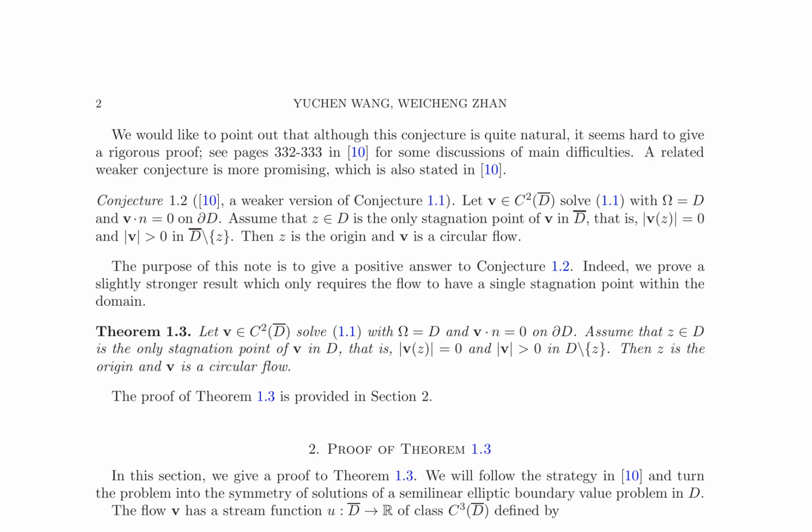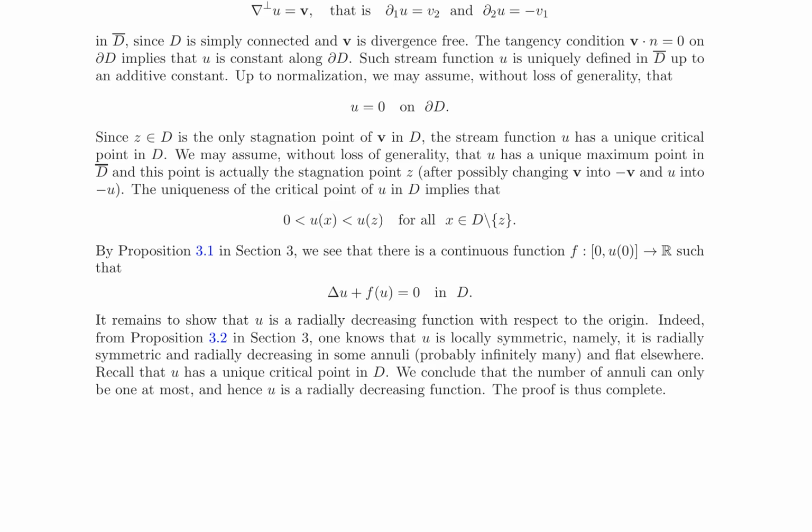They then apply a rearrangement technique called continuous Steiner symmetrization to establish local symmetry properties for non-negative solutions of the semilinear elliptic equation. The main result, theorem 1.3, states that if a flow has a single stagnation point in a disk and satisfies the tangential boundary condition, then the stagnation point is the origin, and the flow is circular. The proof involves showing that the stream function is radially decreasing with respect to the origin, which implies that the